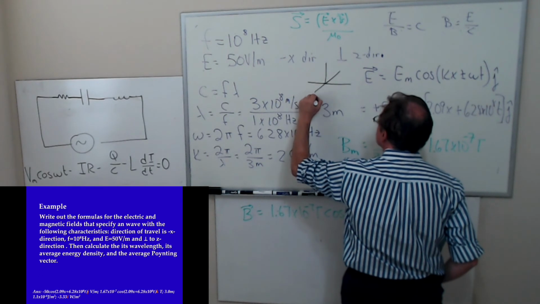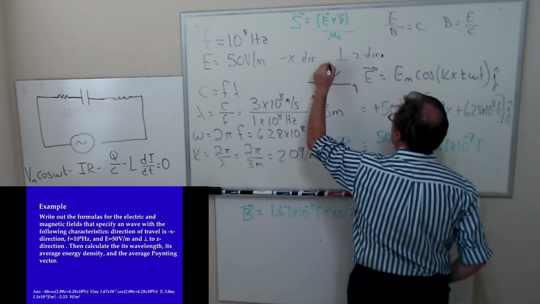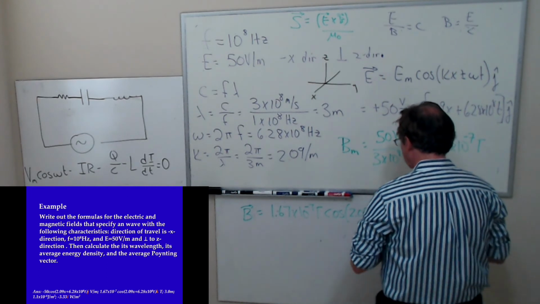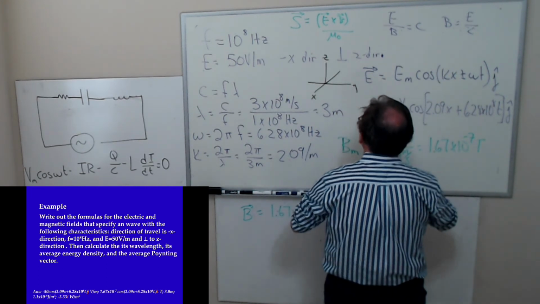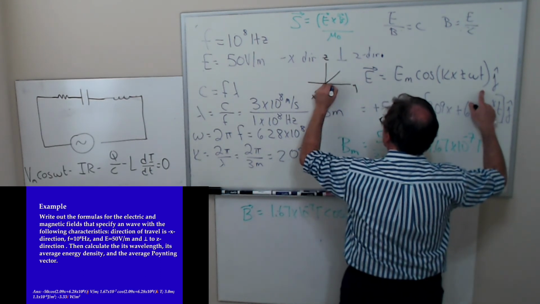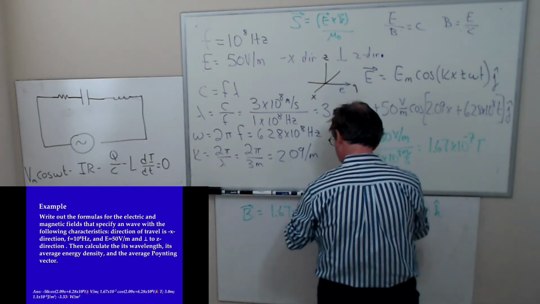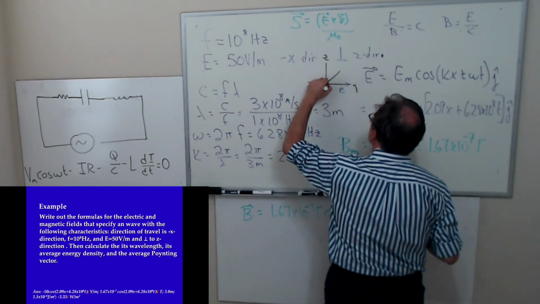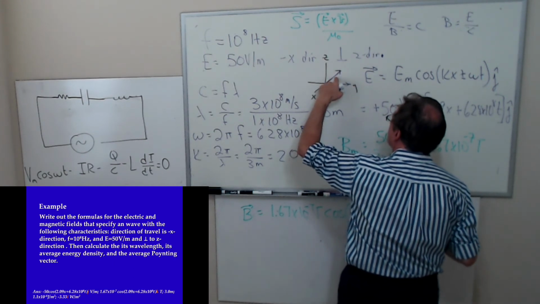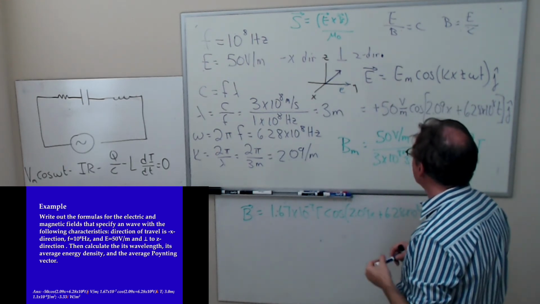I'll call this Z. Let's call this X, Y, Z like that. Okay? So if the electric field is in the j hat direction and the wave travels this way, the electric field this way, then if I take the cross product of the electric field with the magnetic field,